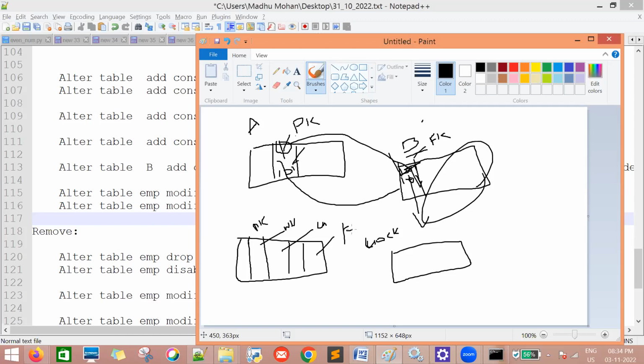At that time you can put a not null and unique constraint. If you don't want to allow duplicates, then we'll go for the first, the primary key, and second, the unique key constraint. If I don't want to allow nulls and duplicates in 2 columns, I want to make them the primary key, then we'll go for a composite primary key. Composite primary key also will work, but